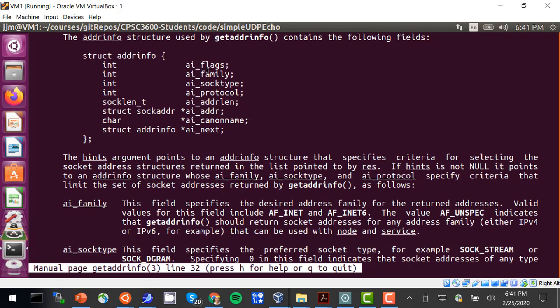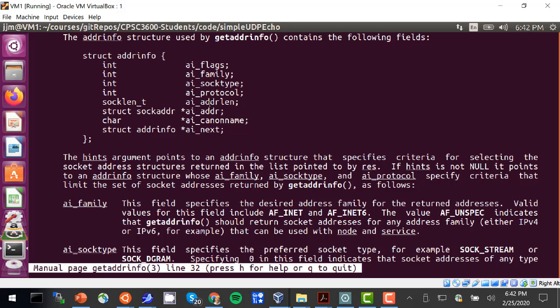So we'll look at some settings that might be of interest that we might set in the flags field. Family is, as we've talked about, AF_UNSPEC or AF_INET or INET6. Socket type, protocol,